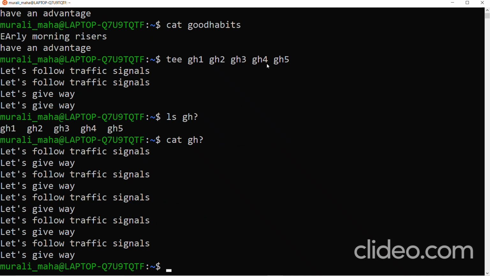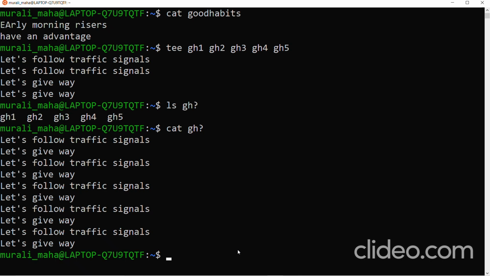So what has tee done? Tee has read the input from the keyboard, and whatever input lines it has read from the keyboard, it has sent the output to the monitor as well as the files specified as arguments. This is the task of tee.